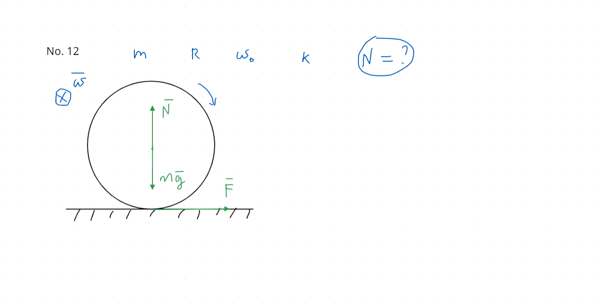If the force of gravity is more than the normal reaction, the cylinder will fall down, and when the normal reaction is more than the force of gravity, the cylinder will take off. Because it doesn't fall down and it doesn't take off, the absolute value of the normal reaction is equal to the force of gravity. Okay,